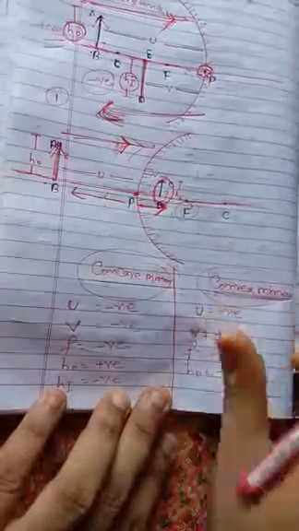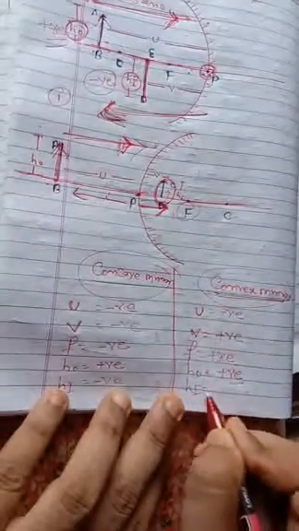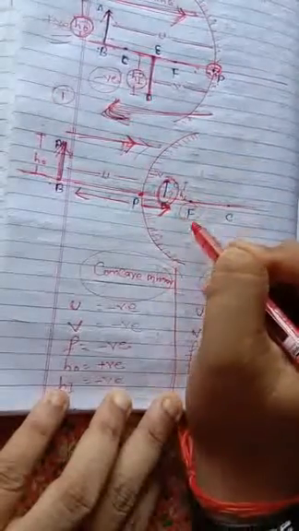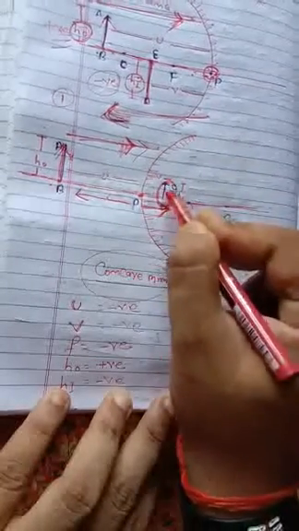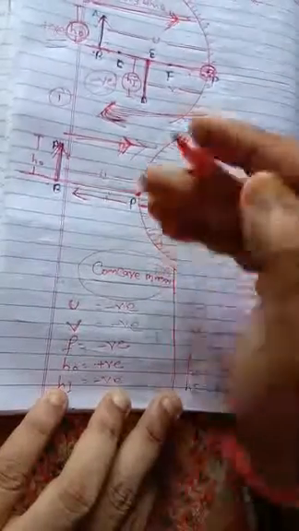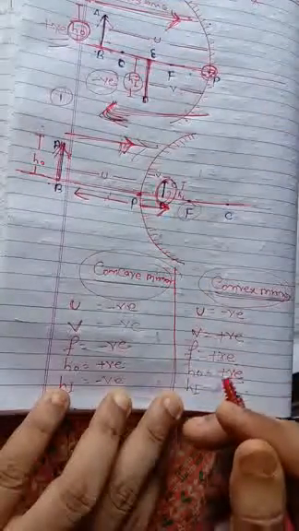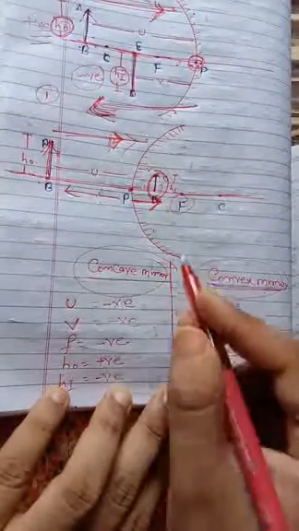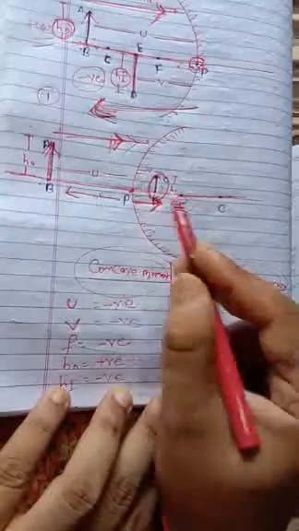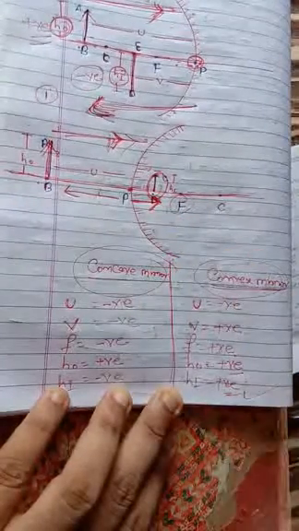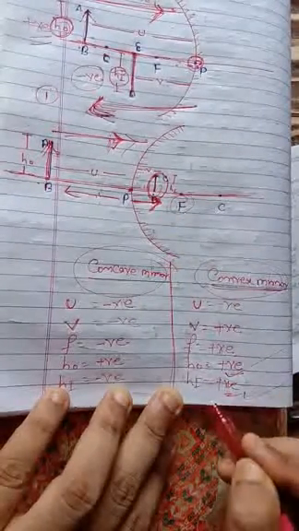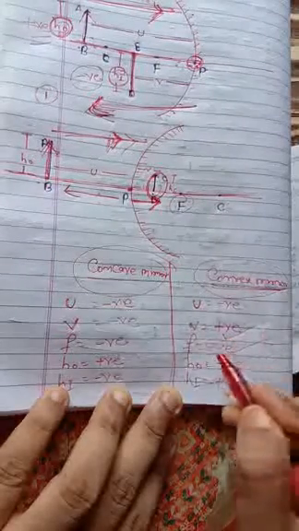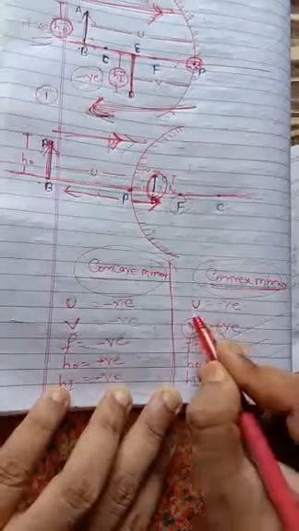And the height of the image is also positive because in the case of the convex mirror, the image is formed above the principal axis, which is virtual and erect. Erect means seedha. So in the case of the convex mirror, the height of the image is positive, the height of the object is positive, the focal length is positive, v, which is the image distance, is positive, and